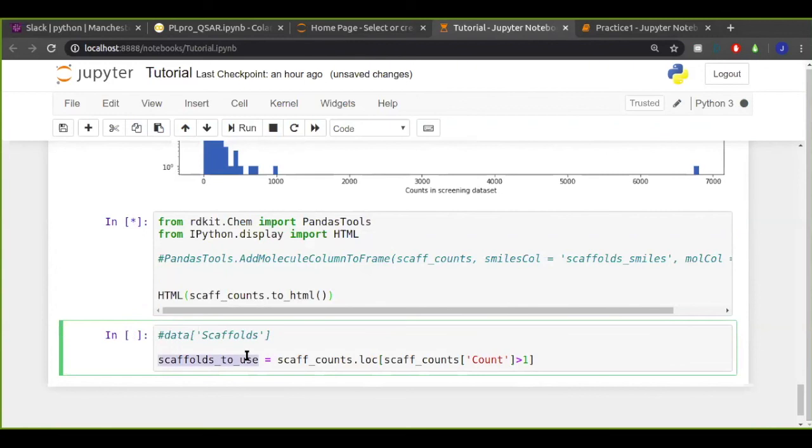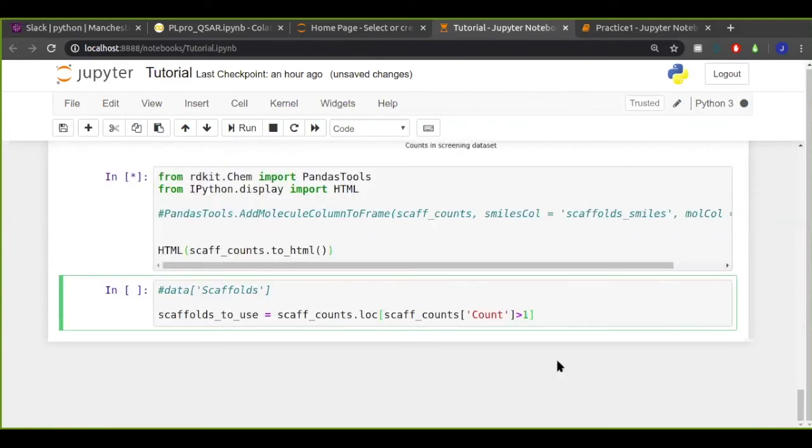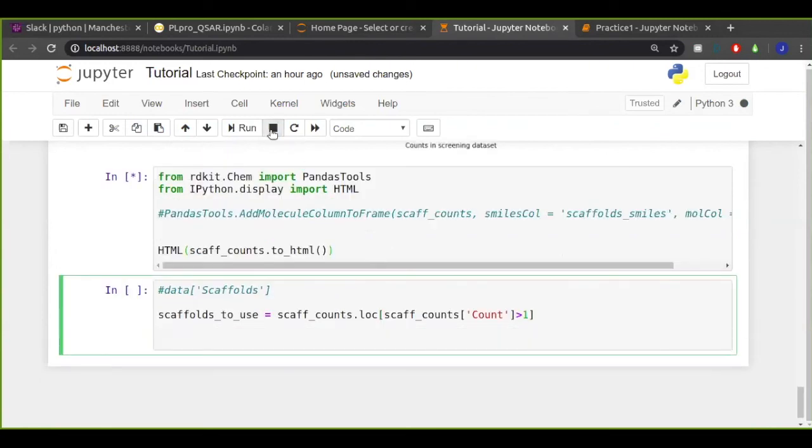Okay. I'm going to press this interrupt the kernel because I have lost a little bit of faith in my HTML rendering, but to see what it looks like, just refer to the Colab notebook where it should have worked. Okay.